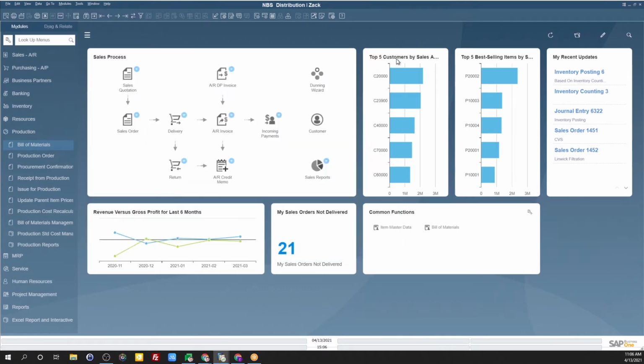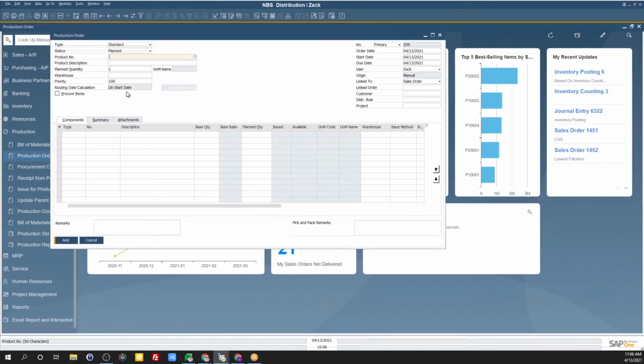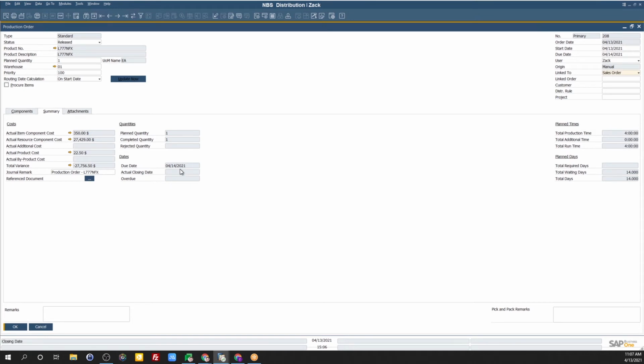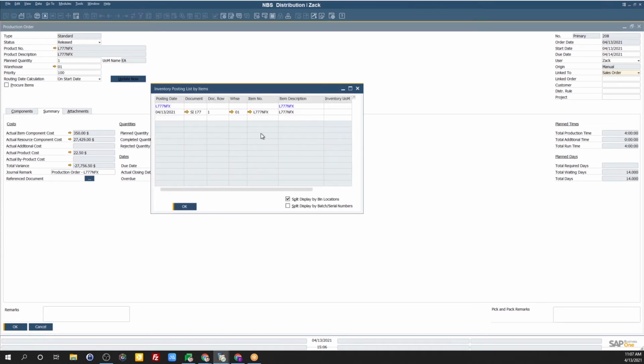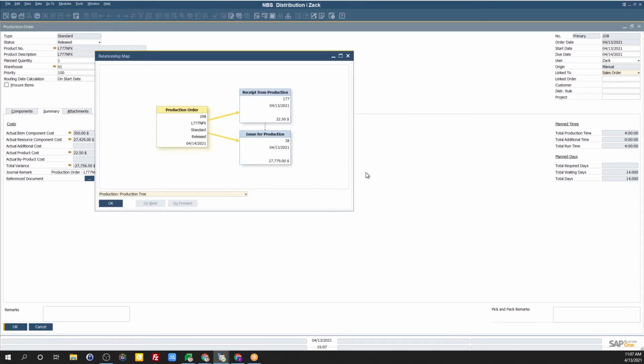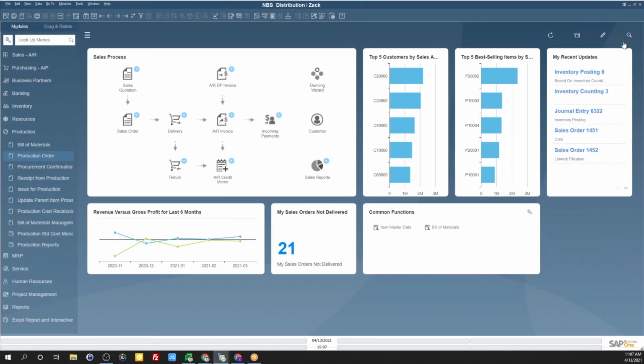What's nice is this bill of material automatically populates on a work order, where here's an example of a production order overall, pulling that bill of material over where I'm issuing my goods to the shop floor and reporting completion time. And in my summary tab, the system is keeping track of the overall work in progress inventory and overall production cost. And I can view that production cost details within my system, as well as I can right click on any document, view the relationship map, and see what is the receipt as well as the issue for that production order. I also have the ability to run